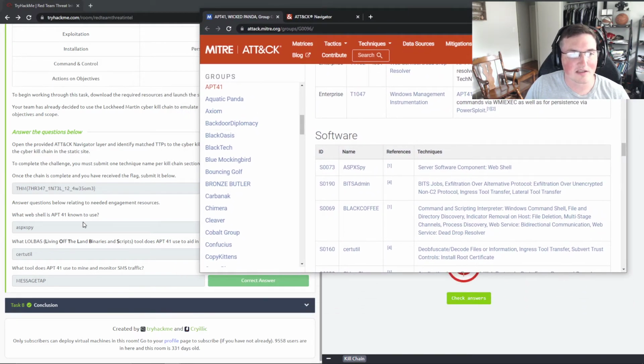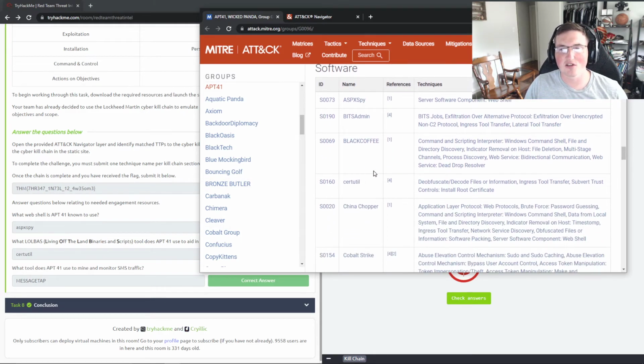Now, what living off the land binaries and scripts tool does APT41 use? You can just look through here and see the first one, certutil, right? Now, if you don't know what living off the land binaries and scripts are, all it is is things that are already installed on the system. Living off the land, right? It's like going out in the woods and you just hunt and kill what you can eat, right? It's like that. You take over a machine and you just use the tools on that machine to do things rather than adding tools, taking tools from other places and things like that. Why? It's less likely to be caught. Let's just say that. Okay.